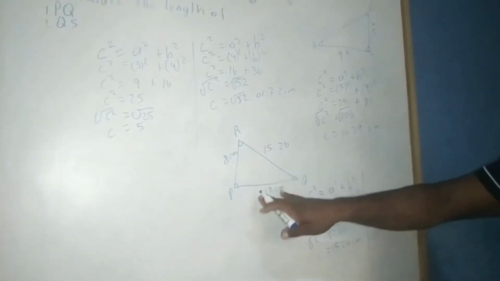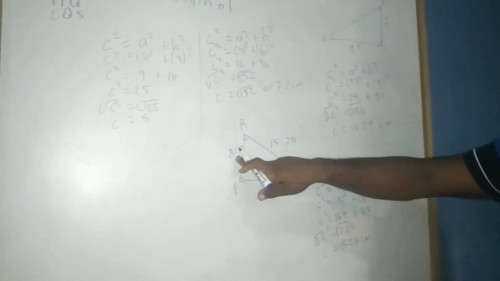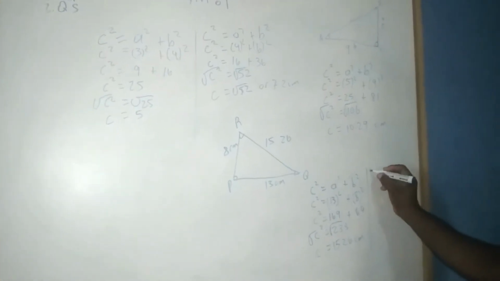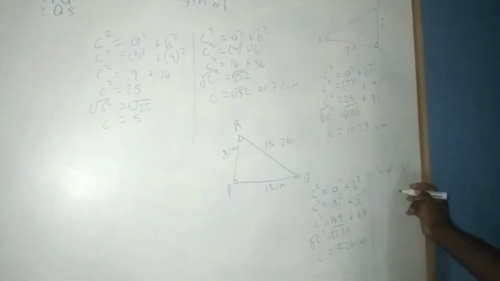Or if we get any other lengths, right? Say we have the hypotenuse and we have this side and we want to find this side. It should also work. So we say c squared is equal to a squared plus b squared, all right? We're going to plug in for c squared